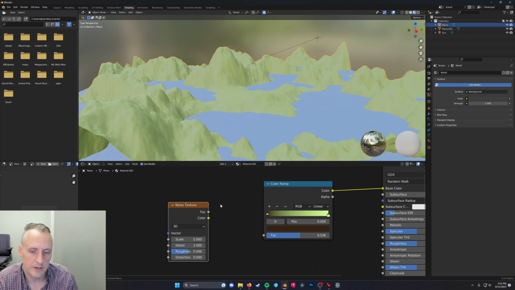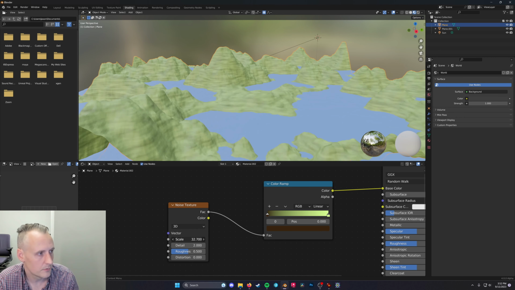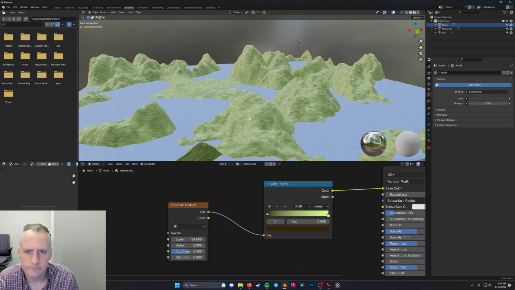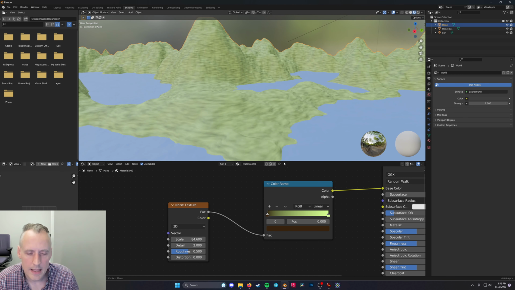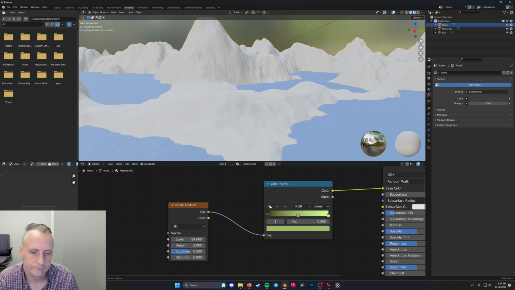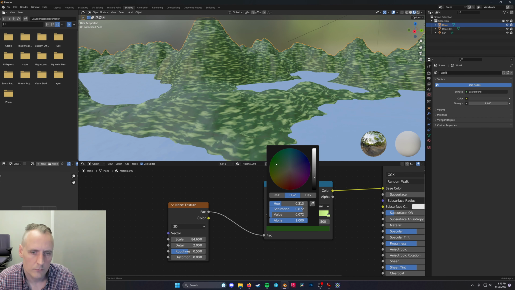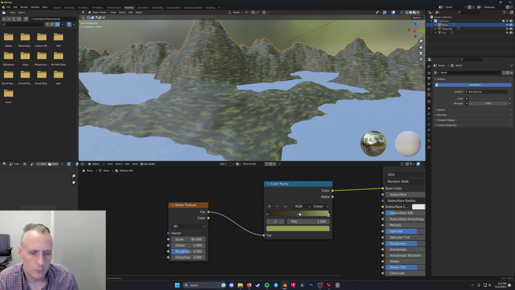green. But the factor doesn't have to be a linear value either. It can be a random value. And so if I scroll up my noise texture here, I can control that. And on the color ramp, I can also use more colors. And so by sort of carefully choosing realistic-ish colors, you can work your way towards getting something a lot more